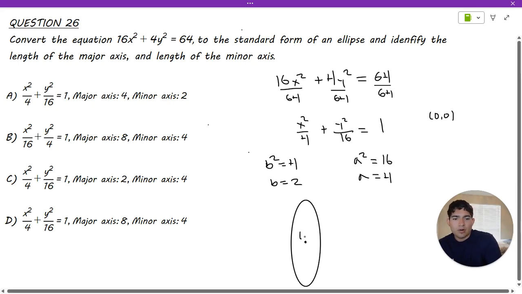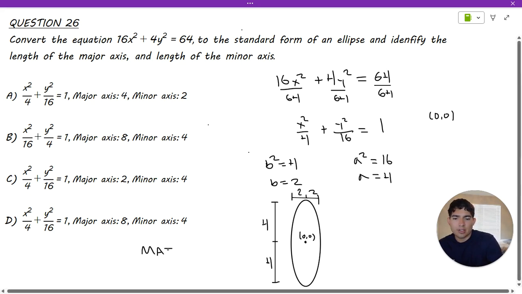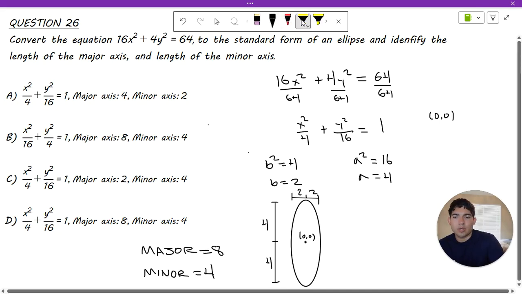So now we can plug in what we know. We know it's centered at 0, 0. And we know that a is 4 and b is 2. So if we add up the lengths for the major axis, we're going to get that the major axis is equal to 8. And then the minor axis is going to be equal to 4. So if we take a look at our multiple choice, we'll see that the answer for this one is going